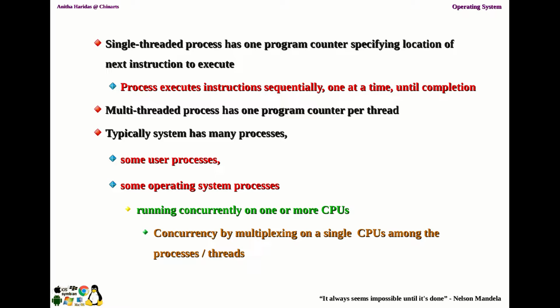But when I say executing, more than one process is there. If so, all the processes cannot be run simultaneously by the CPU. It depends on the scheduling algorithm. So what kind of scheduling algorithm you have and how many CPUs are there in your computer system. Based on that, how the concurrency will be achieved is decided. And if you have a single CPU, then it will be multiplexed to achieve the concurrency.